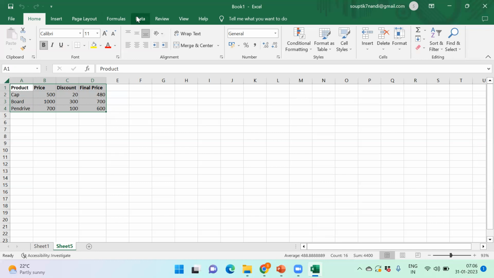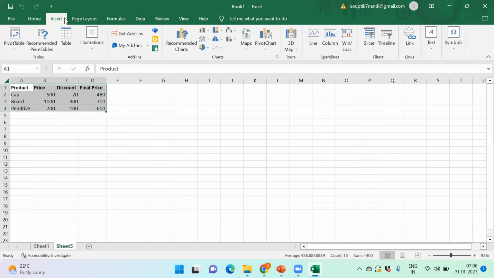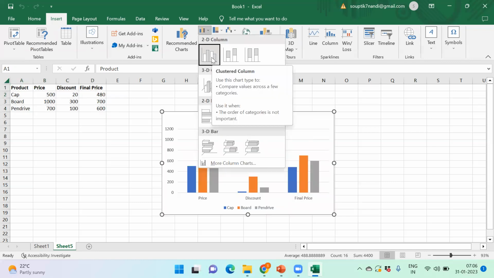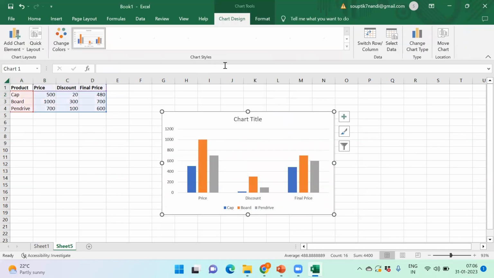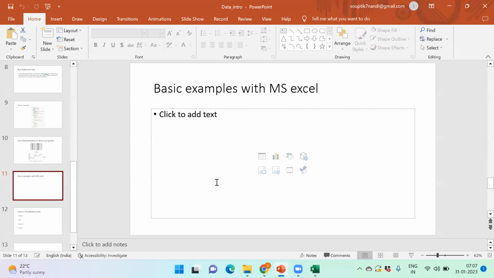Okay, let me show you. Insert. I can insert everything in a 2D column. Okay, let me take this graph in a template.